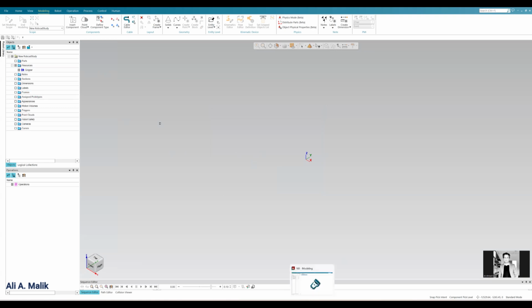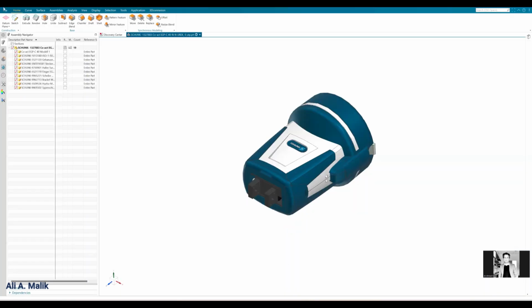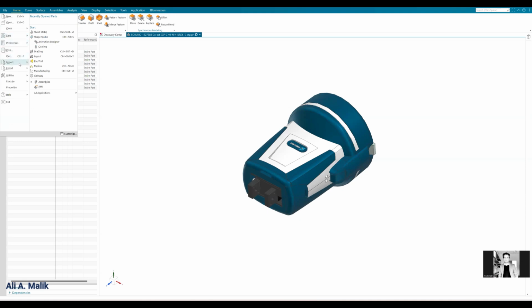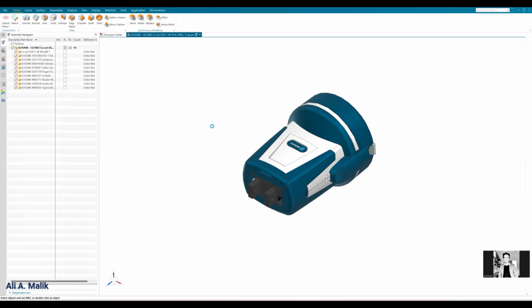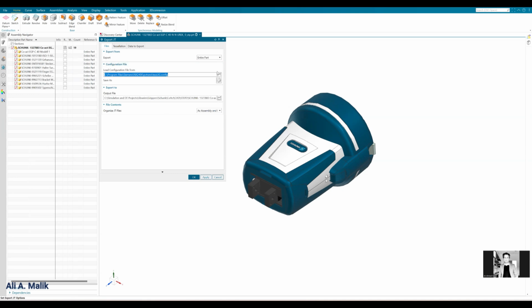Then I am going back to NX and go to File, Export, JT, and don't change this load configuration file, that is the default file for conversion.